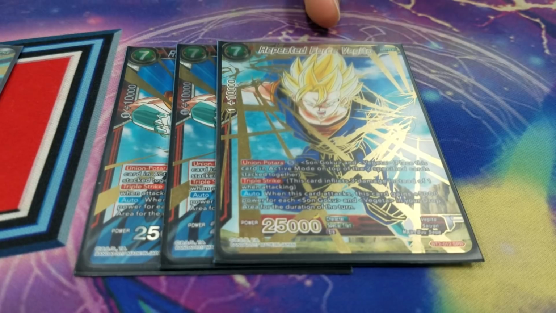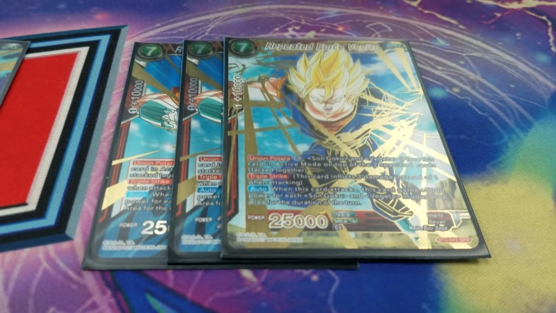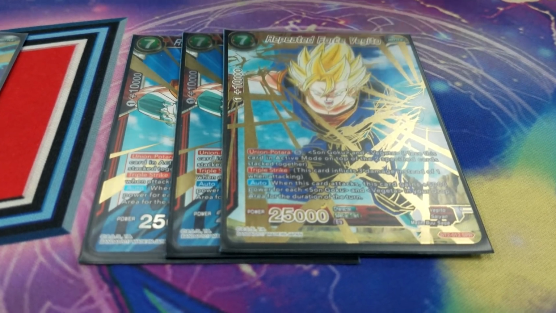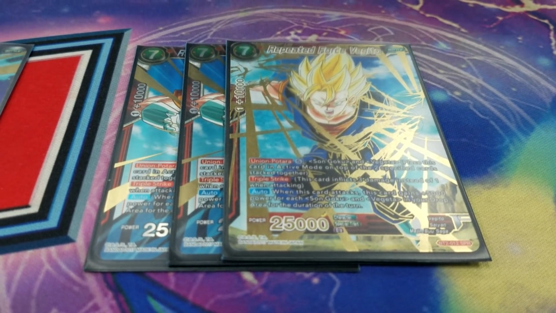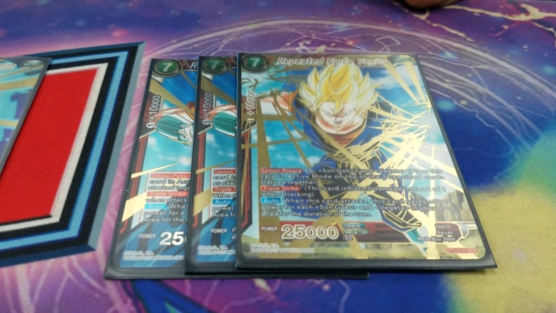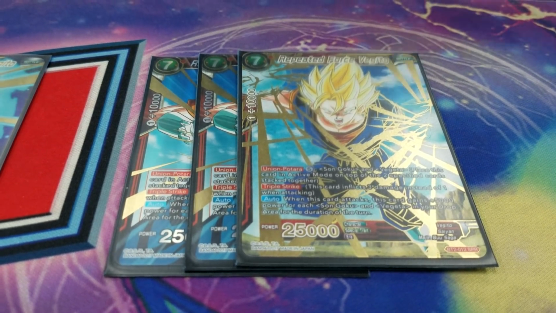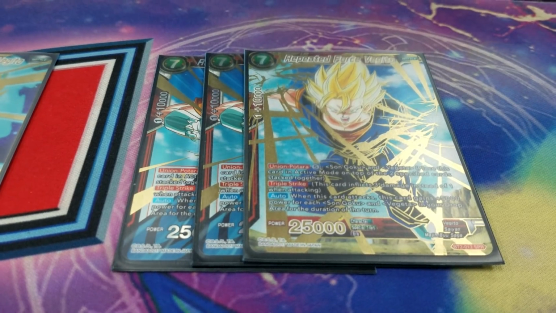This is just here to be used off of the 5-drop Vegito. So once you go in for throat, this is what you're going to evolve on top. Now what makes him devastating is if your opponent doesn't have a response, he's going to go 25k beater, triple strike. Most of the time your opponent is going to be at 3 life, and then he gets +5 for each Goku and Vegeta in your discard. So he becomes easily like 85k to 100k before you